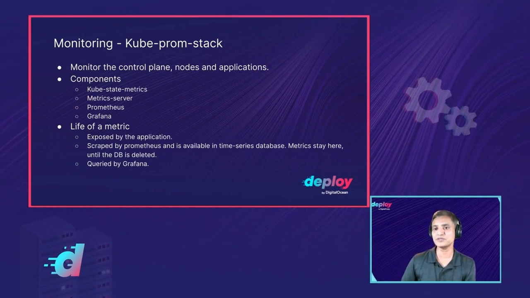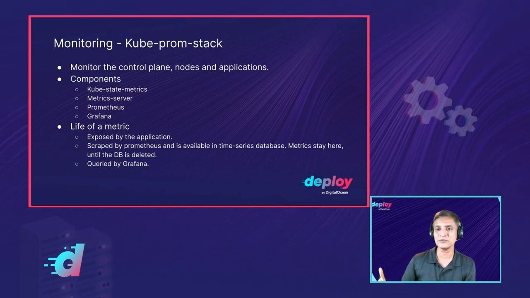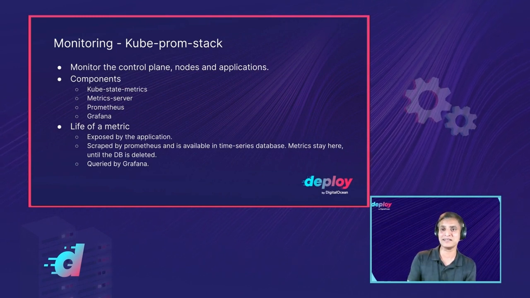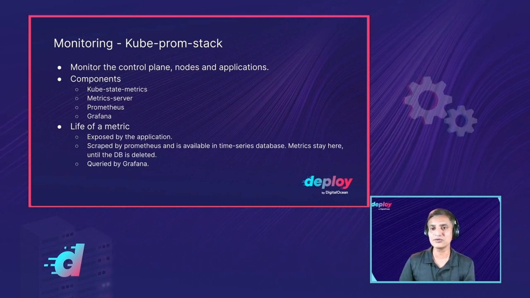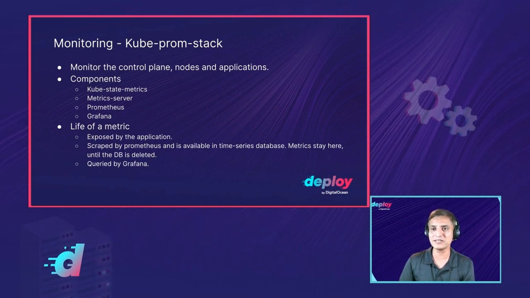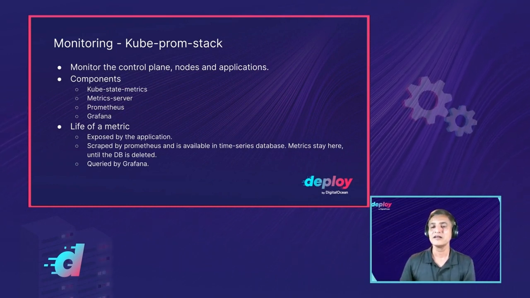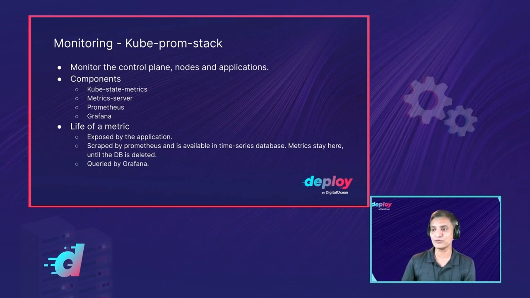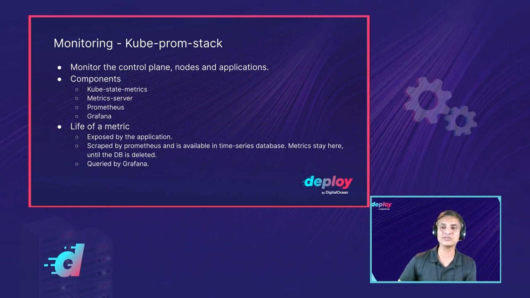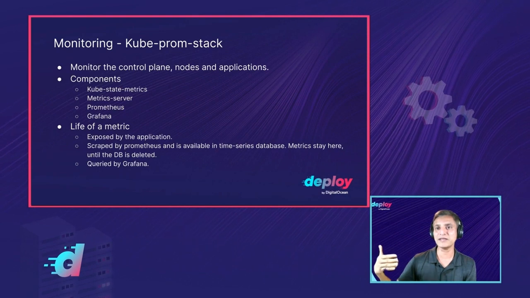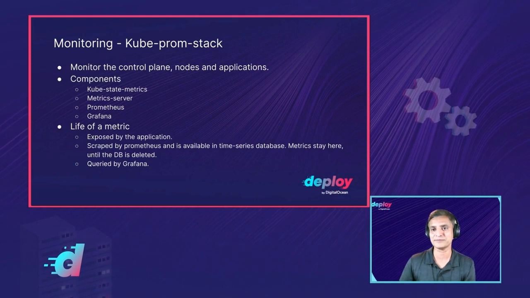We just took that, installed that using Helm, and then disabled some of the things like scheduler and controller, for which you don't have access because those metrics are hidden inside the DO management plane. And then it's just good to go. You have Grafana and you have Prometheus, and you have all the metrics and lots of dashboards which are already pre-built for you. Obviously, it needs optimization for your own setup. For that, you have to invest time, which will happen once you start using it. But the good news is when you install it, you get lots and lots of dashboards and alerts out of the box.